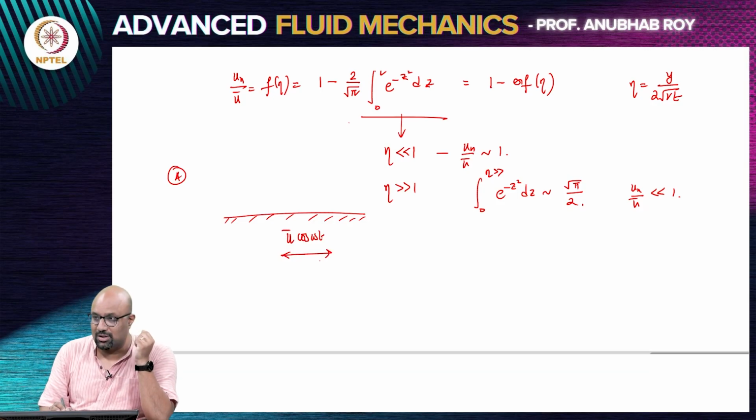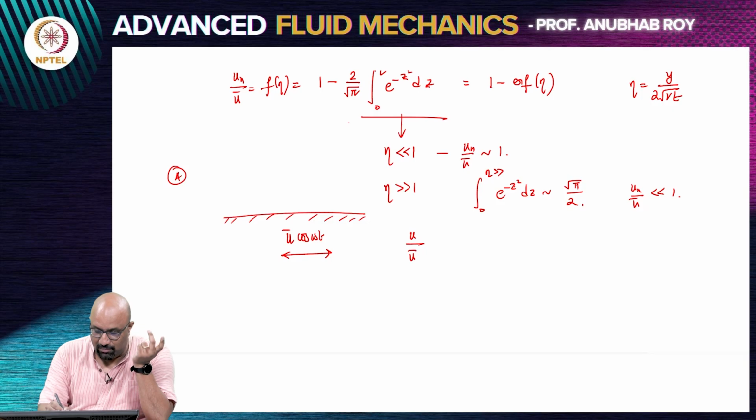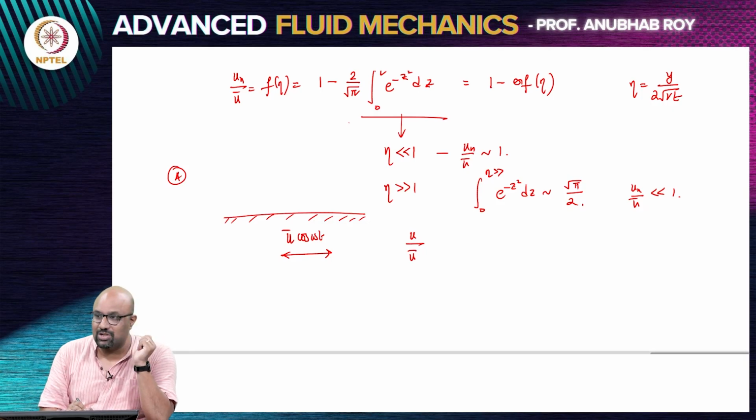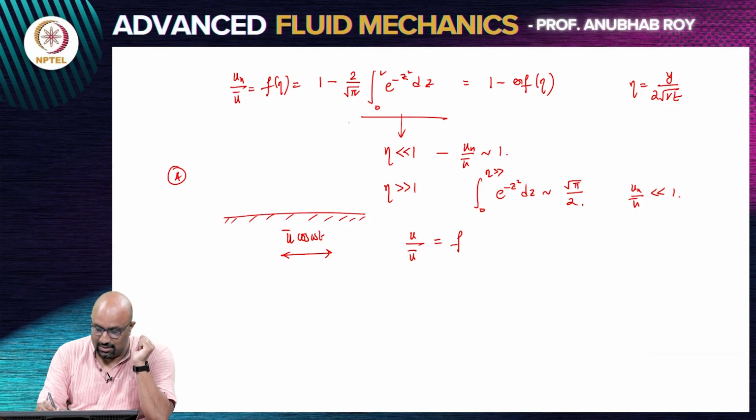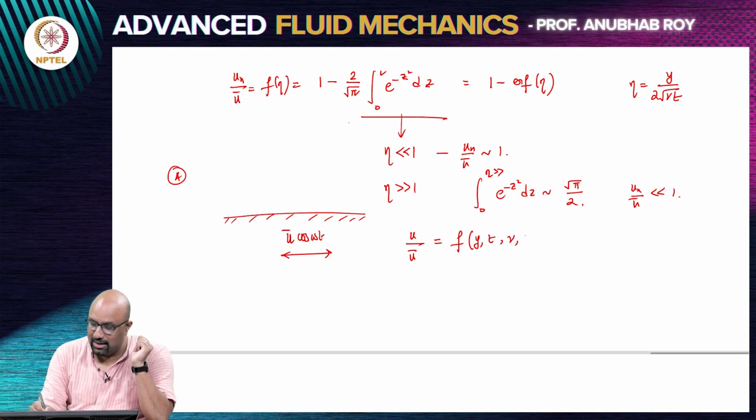The bottom plate is not stationary, the bottom plate is oscillating. So, now before you even solve the problem, you can ask the same argument based on dimensional argument. What are the dependence in terms of the variables that are there? So, it will depend on y, it will depend on t, and it will depend on kinematic viscosity and the frequency. There is one more quantity right now in the problem, there is a time scale that is there in